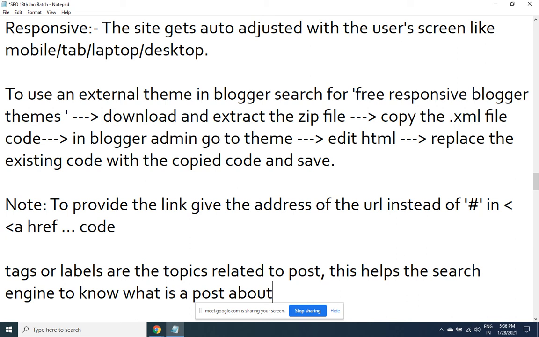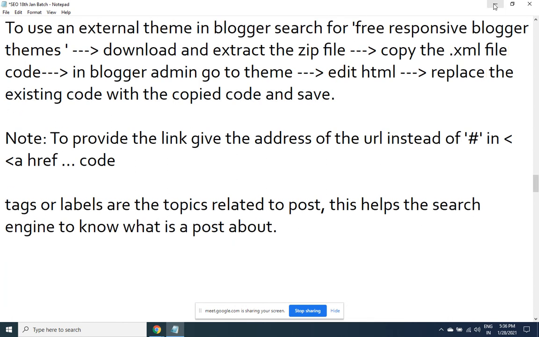What topics is my post based upon? Mobile, smart mobile, Samsung Galaxy S12, something like that. It will be very easy for the search engine to know what exactly the topic is for any particular post. So let us use it.